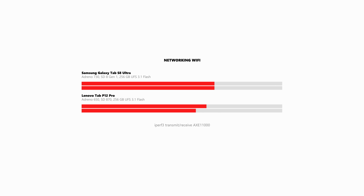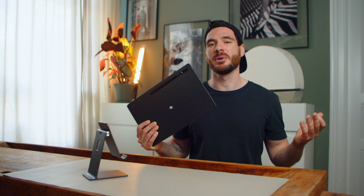In terms of wireless communication, the giant tablet leaves almost nothing to be desired. With our reference router we got amazing results, but buyers should know that the fastest connection is reserved for Wi-Fi 6 equipped networks. While the cameras on the back of the tablet aren't the best found in a portable device,